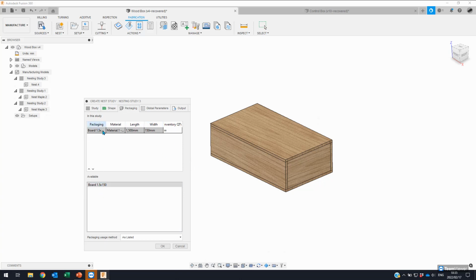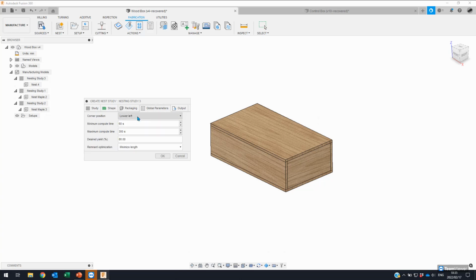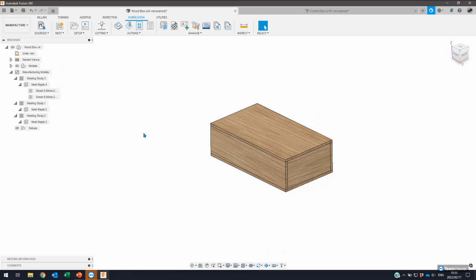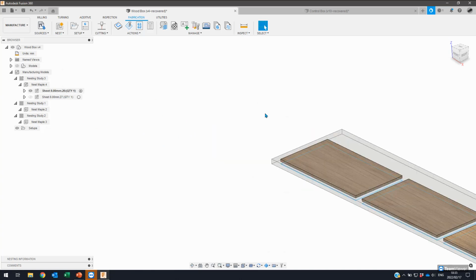Packaging, this is only maple board, so I've got a board here that I want to use that has been brought up already into the study, and we can set an inventory quantity here if required. Global parameters, I will leave as default, and outputs, I'll leave that as default. Clicking OK will then generate that study,